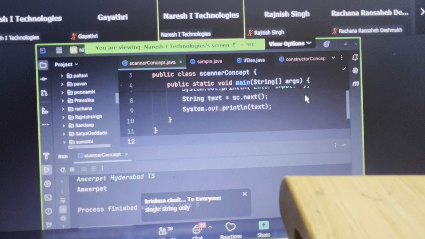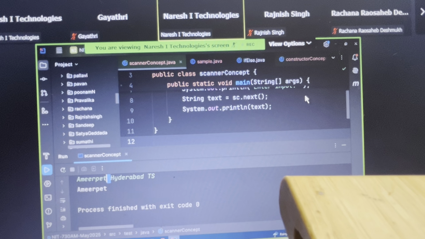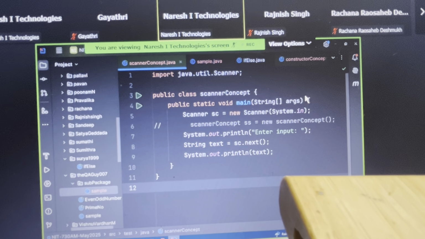Wherever you get the first white space, till there it will capture everything. After the first white space, everything is ignored. Next method is used only for this kind of input capturing. So if you want to capture anything till the first white space, then use next. But if you want to capture the entire line,